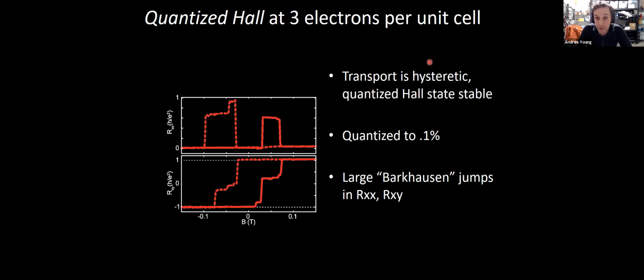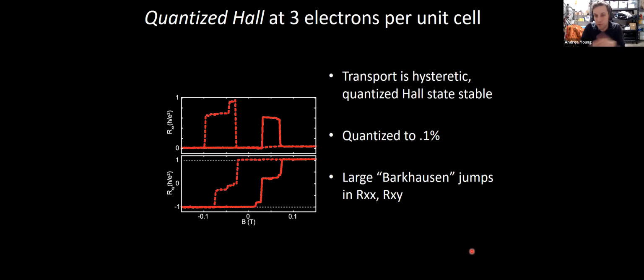So in particular, you see this hysteretic transport, quantized anomalous Hall effect, which is quantized to essentially a contact resistance limited fraction of a percent, and large discrete Barkhausen-like jumps in both Rxx and Rxy. So again, it looks similar to an ABC trilayer, and it looks like you have some number of flat bands with finite Chern number. Those Chern numbers vanish in the two different valleys, but by virtue of the strong interactions, apparently the system favors polarizing into one valley, giving you a net Chern number and an energy gap at a commensurate filling, in this case 3 electrons per unit cell.